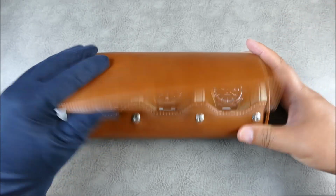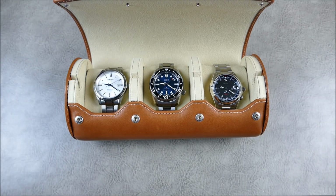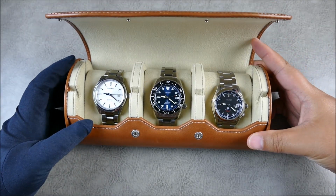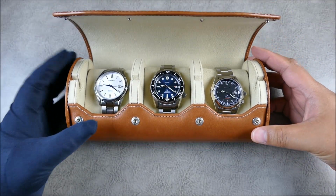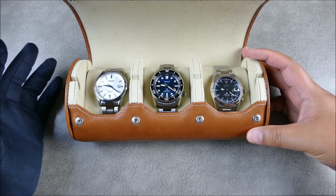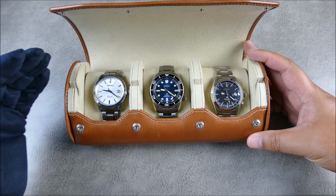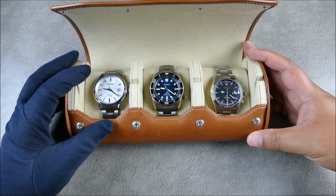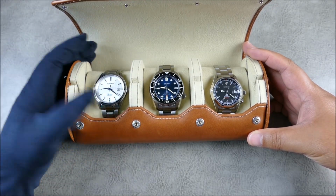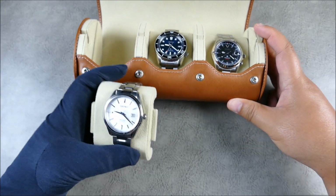So let's go ahead and start it off. Here we go. In this case over here, man, lovely 3-watch collection. Again, the idea is 3 watches that can do everything that I need, get me from A to B. And in this case, I needed something to be kind of the top dog within the collection, something that, if I was going to go to a watch function, a watch gathering,